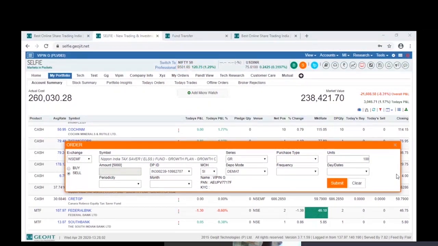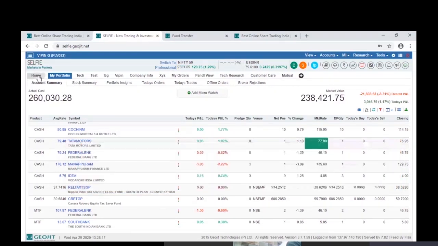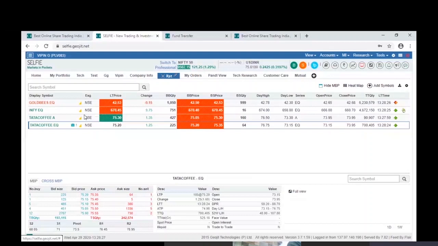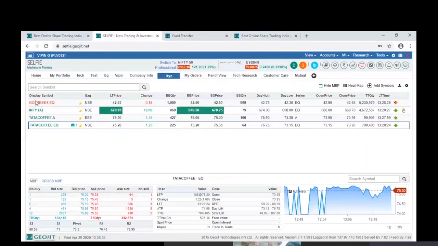Okay, correct. So it was a very good query because gold has now beaten almost all other investments when it comes to returns, at least for the last 1 year. So the exchange gives you two options. One is when you come to the market watch. Let us come to the XYZ market watch which is created. See, I have just added Gold BeES.